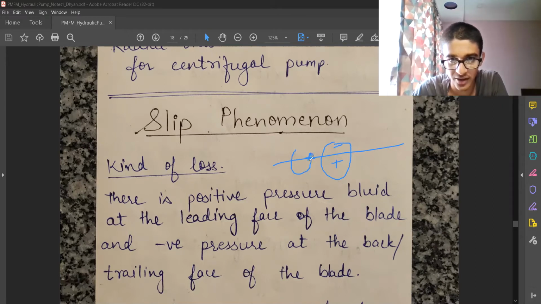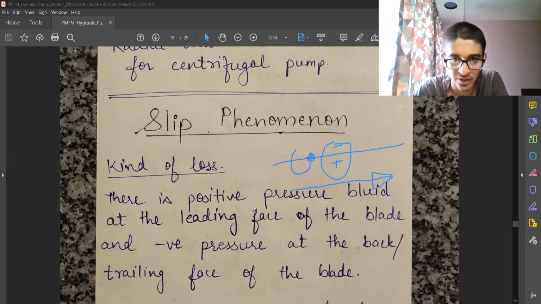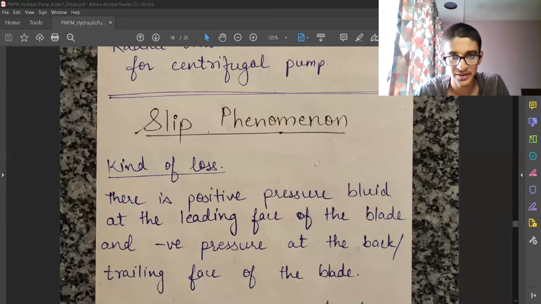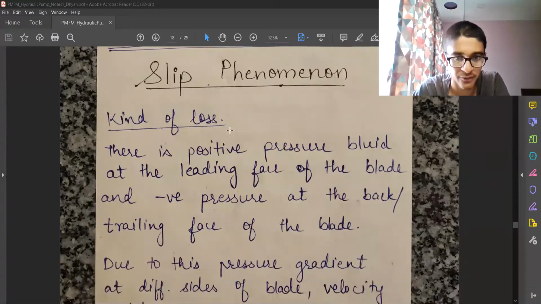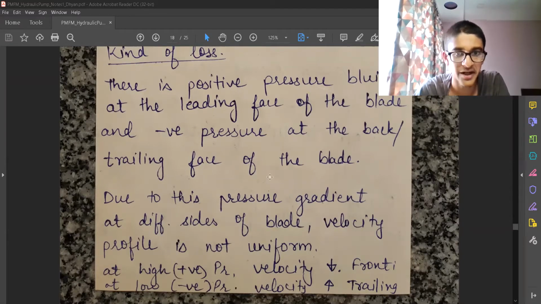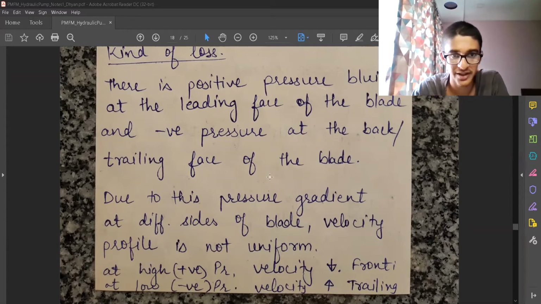That is a rotational flow around the blade, and it will reduce the amount of flow which is happening radially outwards. That's the purpose. We want to have an axial inlet and a radial outlet. But due to this pressure gradient, there is some part of fluid which is going to rotate at the same position around the blade. So this is a loss, and this loss happens even though the fluid is of no viscosity. It doesn't mean that if we have ideal fluid, we will not have this loss. This loss happens because of the pressure gradient itself. So even if the fluid is ideal, this loss will always be present.